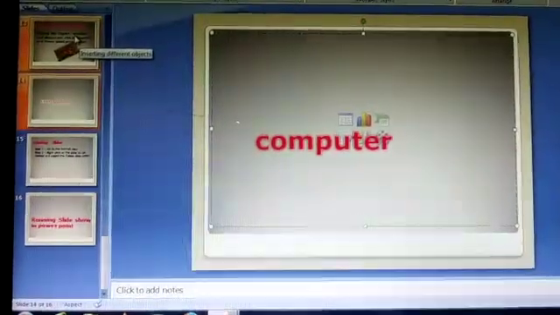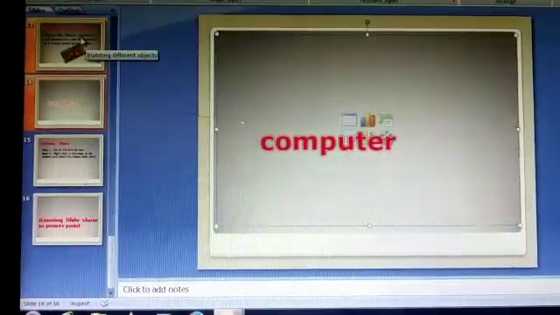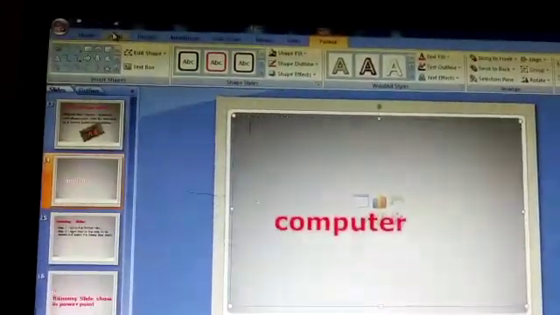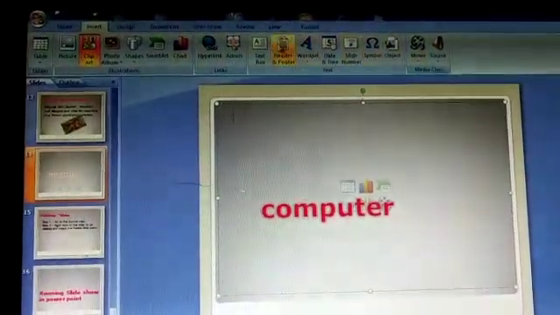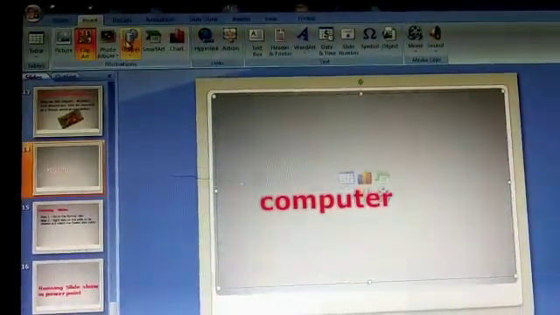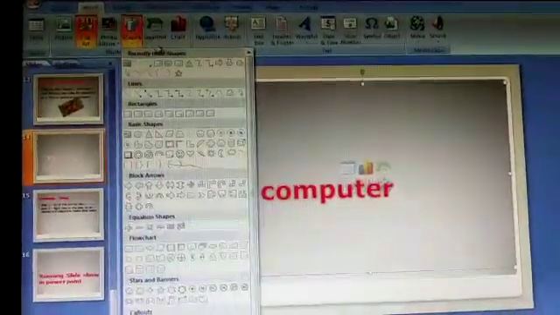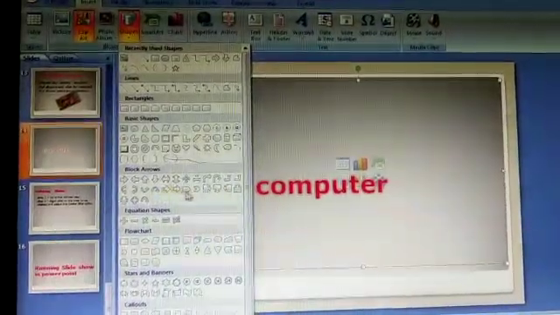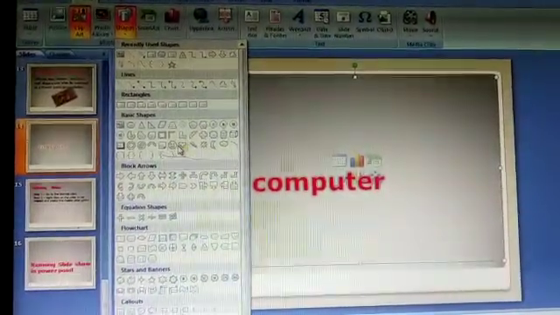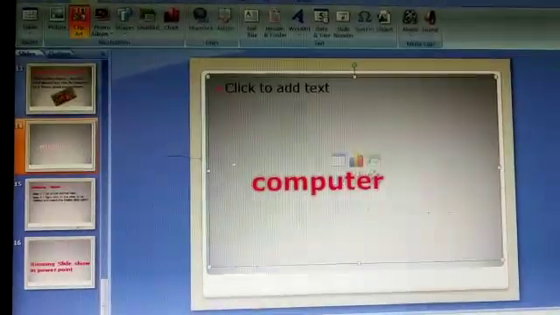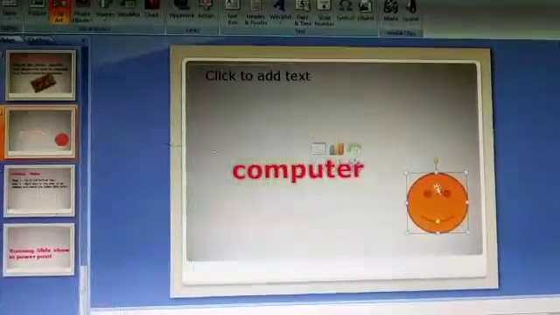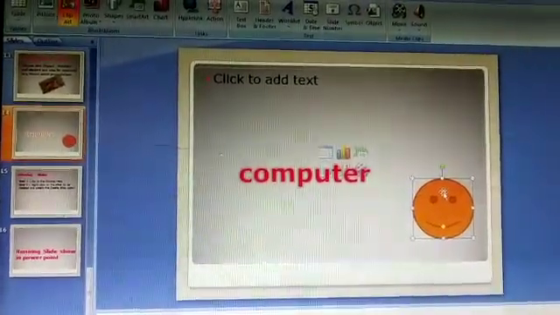After this, I will show you how to insert a shape in PowerPoint. Just see here. Go to this insert option. Then the shape option is there. Click here. Whatever shape you want, you can click from here. You can see the shape is inserted.